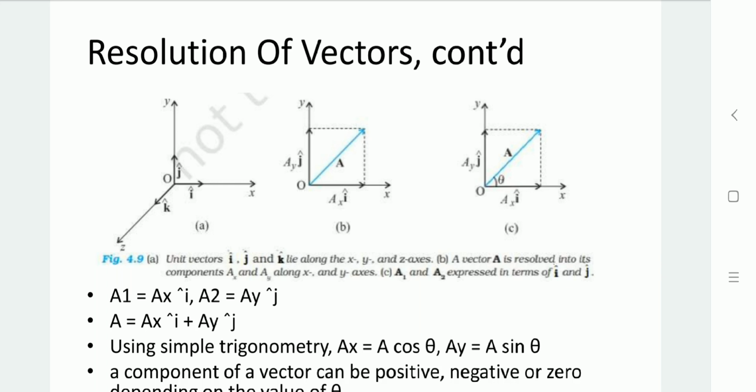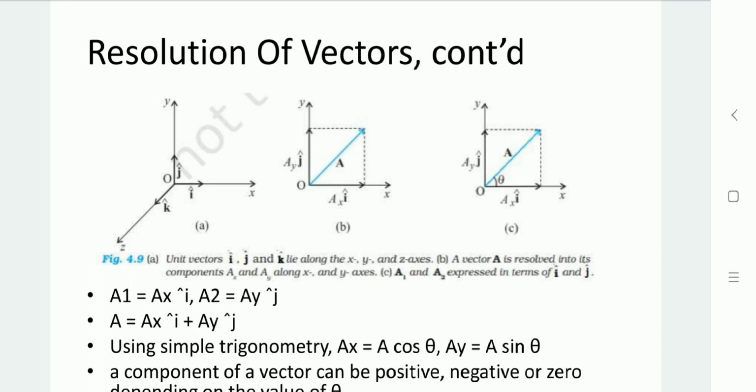And onto the y-axis, whatever the component or magnitude available of vector A, that defines a vector amplitude, magnitude in the direction of y, which is specified as A_y j caret. Am I clear? Now, as you can see in diagram C, it represents the angle that vector A makes from the reference coordinate x.